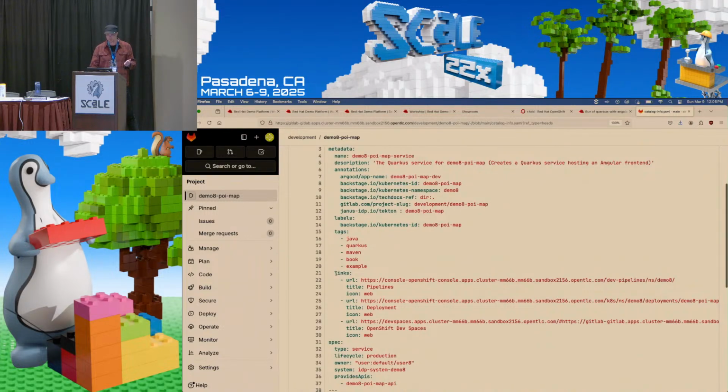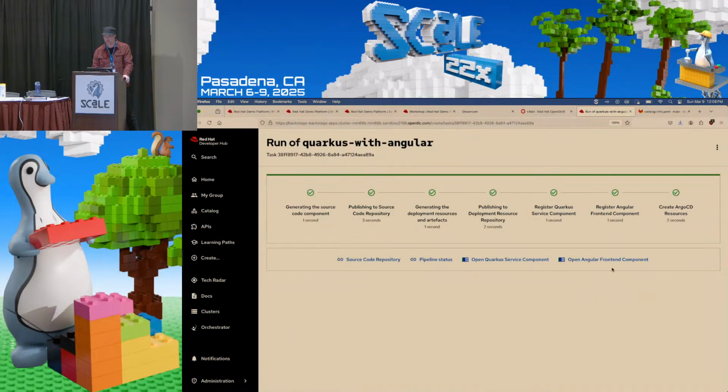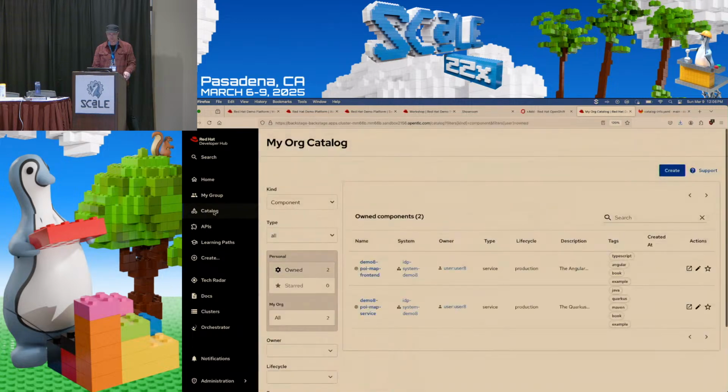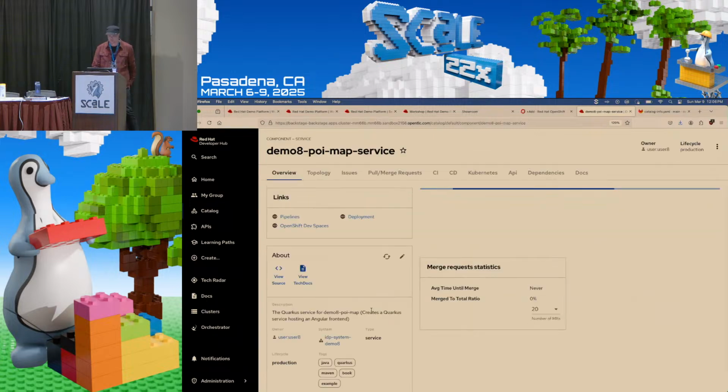and you could see in here, here's the links that we had in the template that now have the actual cluster ID injected into the string. So the templating actually worked, or the scaffolding actually worked, right? Here's the value injected in. And we can go, here's a link right to the source code, or we could also open up the components either directly there or from the software catalog. So here's the